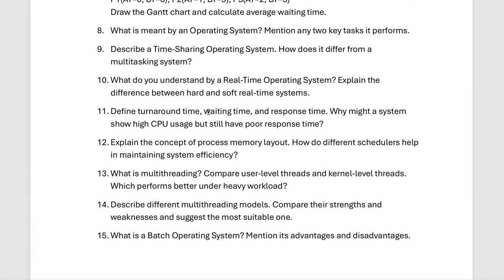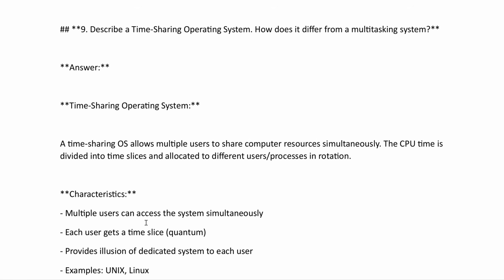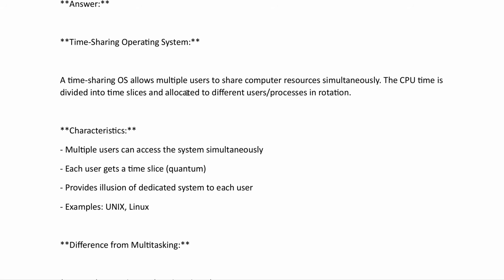Okay. Now we jump to the next question, that is question number 9. Describe a time sharing operating system. How does it differ from a multitasking system? So, a time sharing operating system allows multiple users to share computer resources simultaneously. CPU time is divided into time slices and allocated to different users or processes in rotation. Characteristics of time sharing operating systems are that multiple users can access the system simultaneously. Each user gets a time slice, that is time quantum,